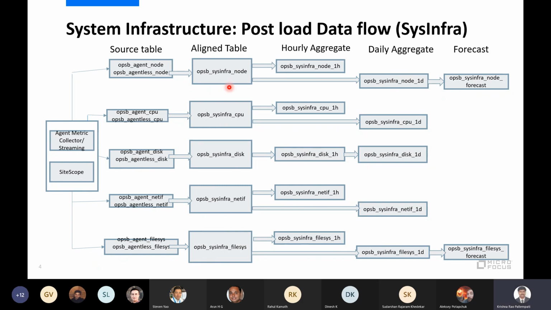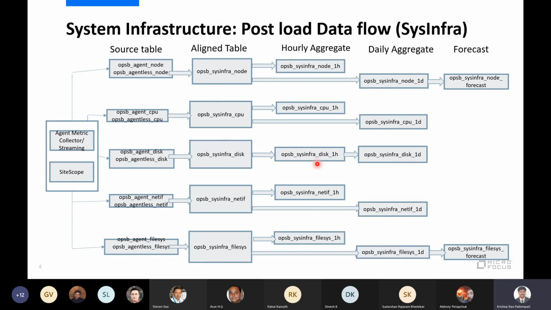So if you select in the BVD reports a date range that is less than 2 hours, then it will get the data from the aligned tables, from the raw tables, which contain the 5 minutes data. If you select 1 month or more than a month, you will get it from the hourly table, and if it is, oh sorry, you will get it from the daily table if it is monthly. So there are some reports which you will get from the daily table.